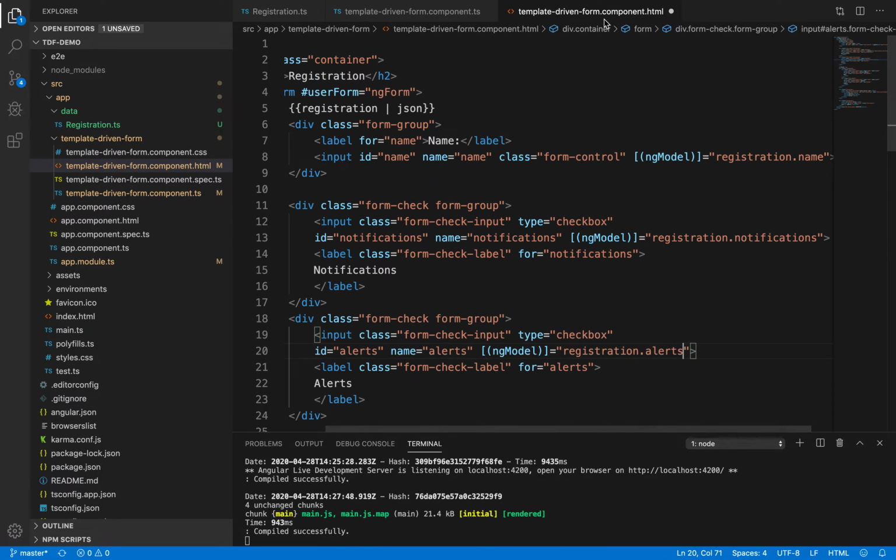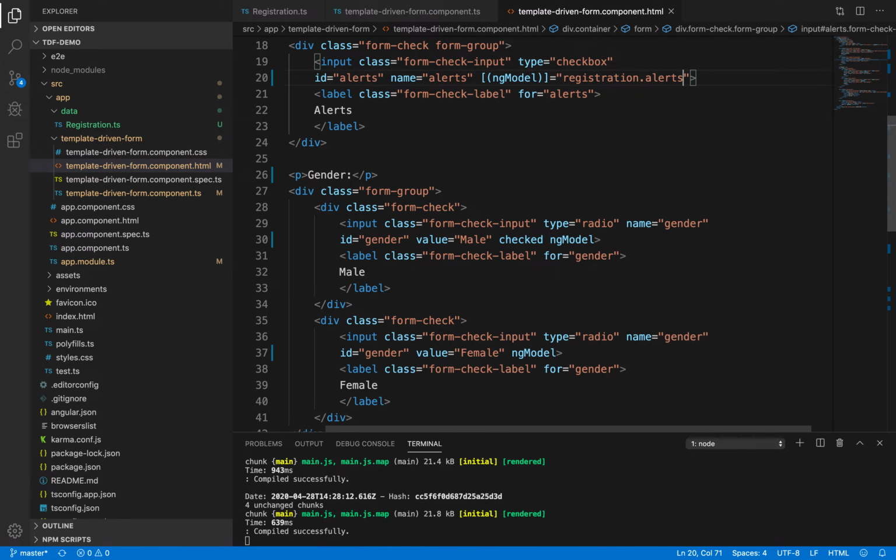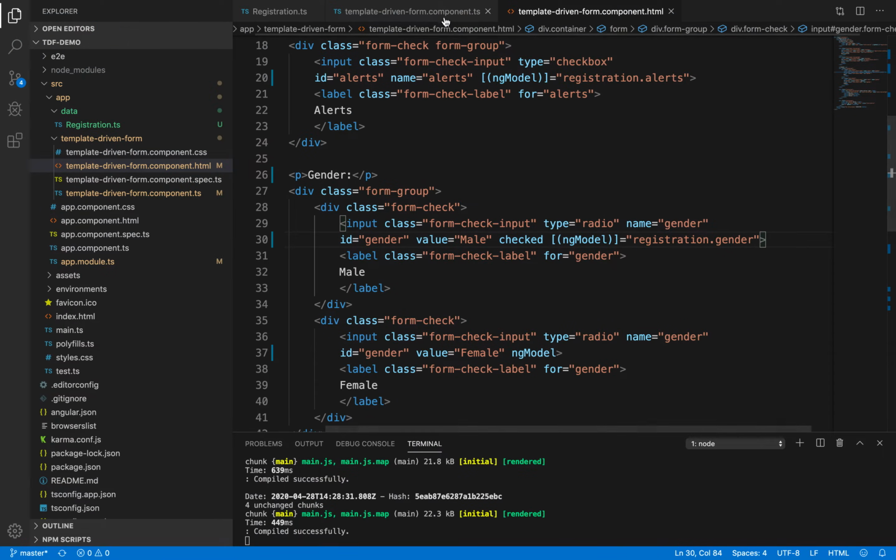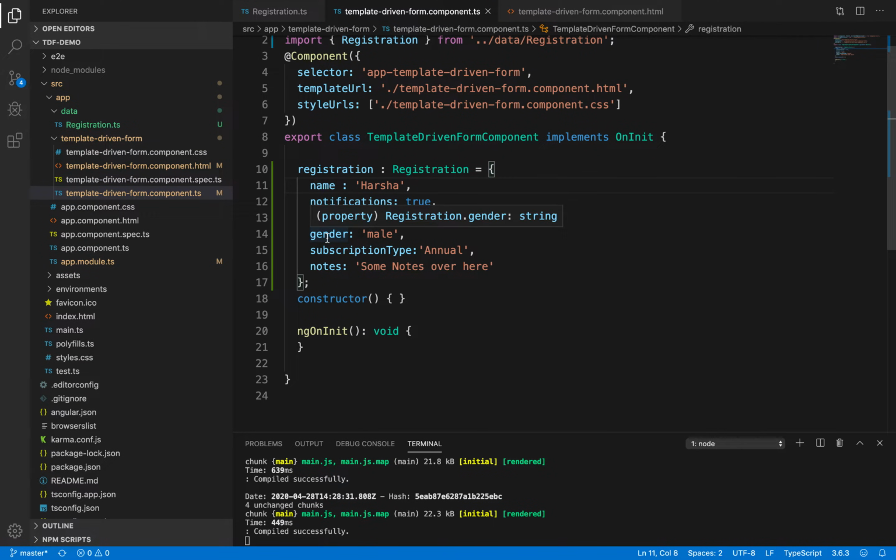Then gender. Registration dot gender. This is what we provided over here.